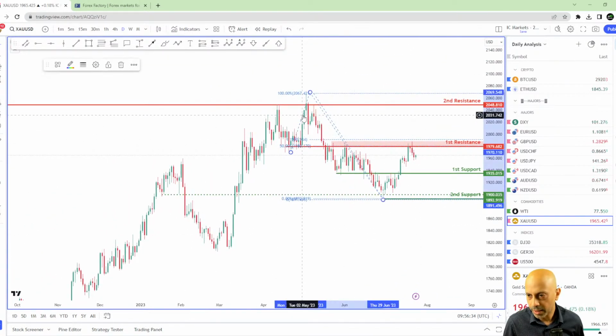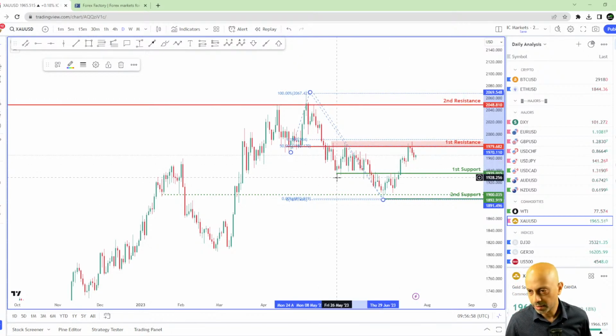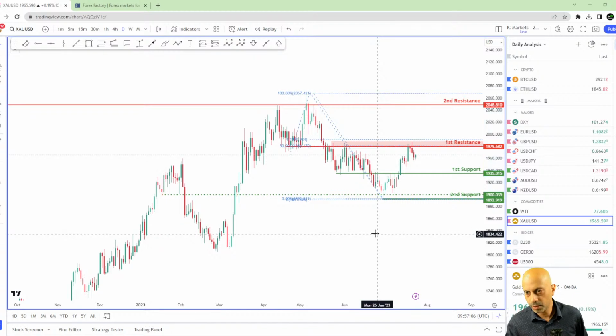We also have a Fibonacci projection where the 100% is here at 1991.52, and the 50% Fibonacci retracement is at 1979.68. So we have this zone that we have identified as the first resistance. The second resistance is naturally the swing high that was formed on 4th of May. First support is this nice overlap here at 1935, and the second support is the swing low on 29th of June. Now that we've established the resistance and support levels on the higher time frame,